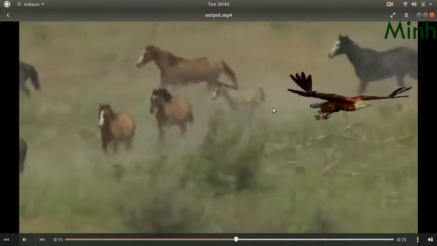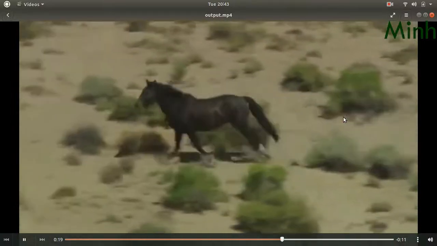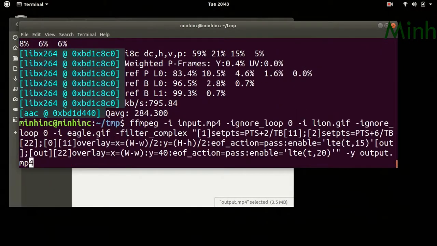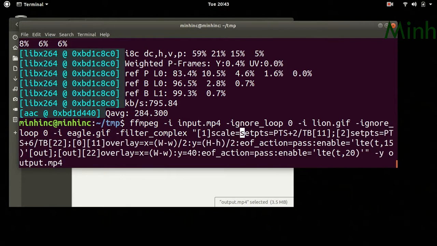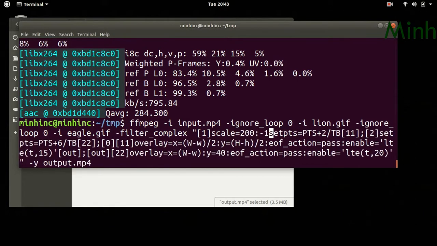First the lion will go, then the eagle will go. We can scale it. So the lion we can scale to something like 200 by -1.